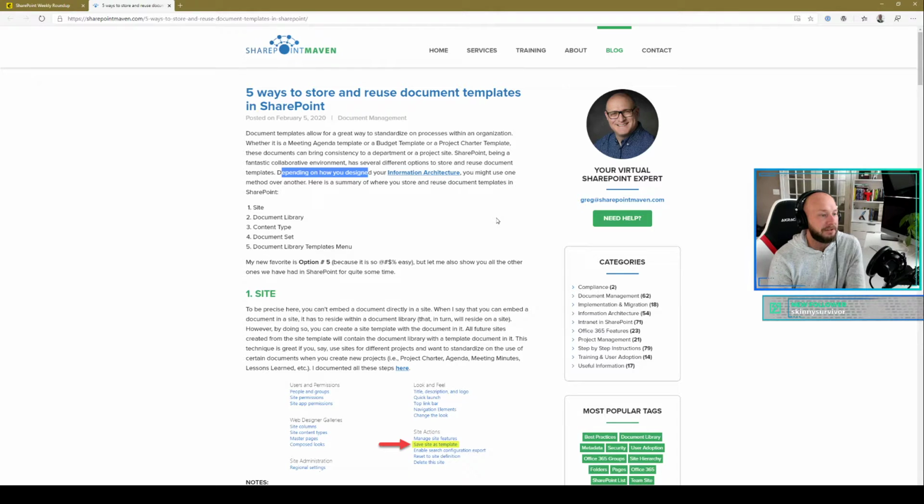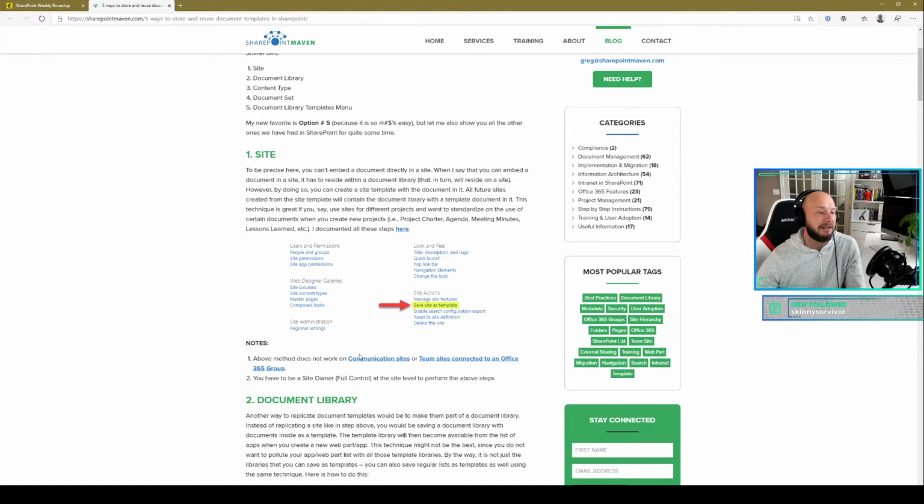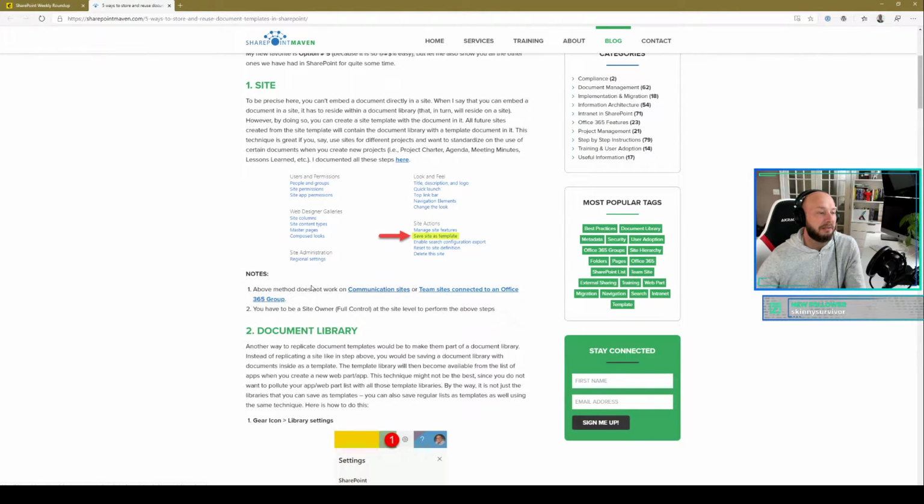His new favorite's option 5 because it's so easy. Let's see here. Site, save site as template. In some sites, the above does not work. Communication sites, or team sites connected to an Office 365 group, will not have this option. I actually had a ticket open for a while with Microsoft to try to resolve turning that on. There is some PowerShell to turn that option on, in case you didn't know, but for some reason it did not work for me. They were supposed to help me troubleshoot that. We ended up not coming to a resolution, but